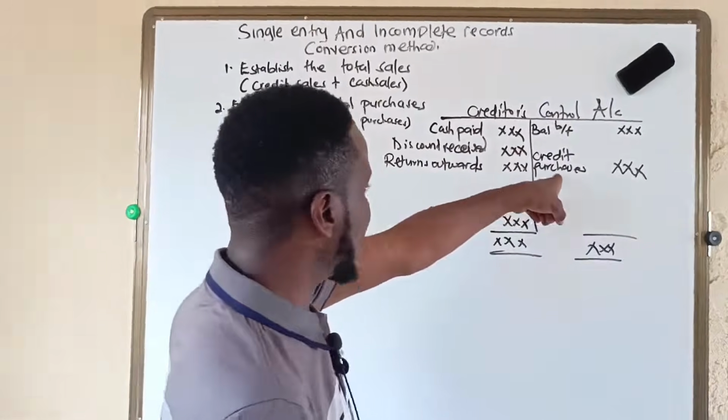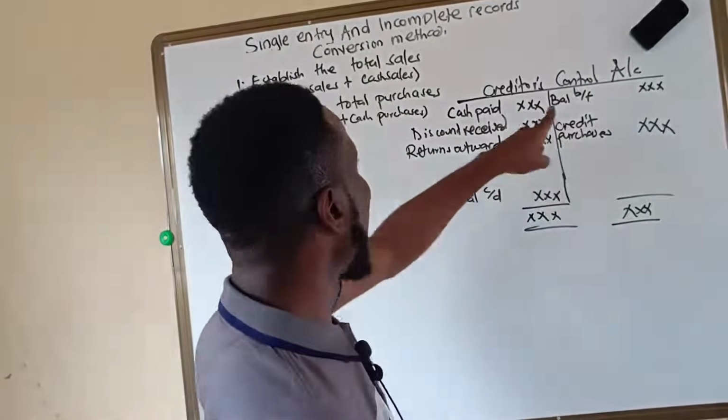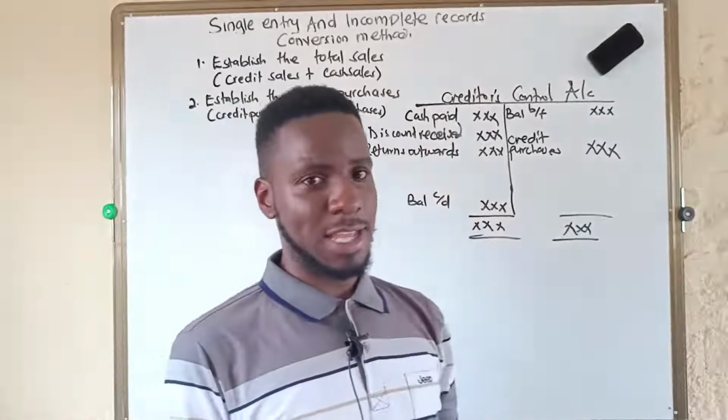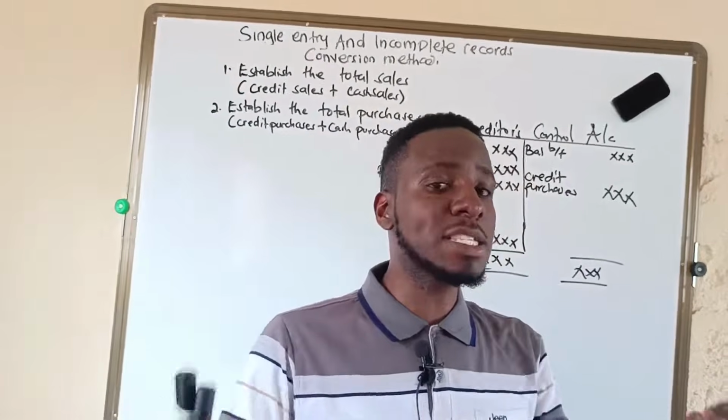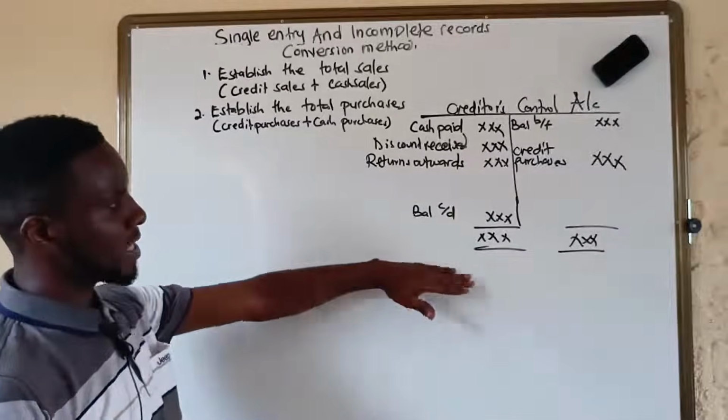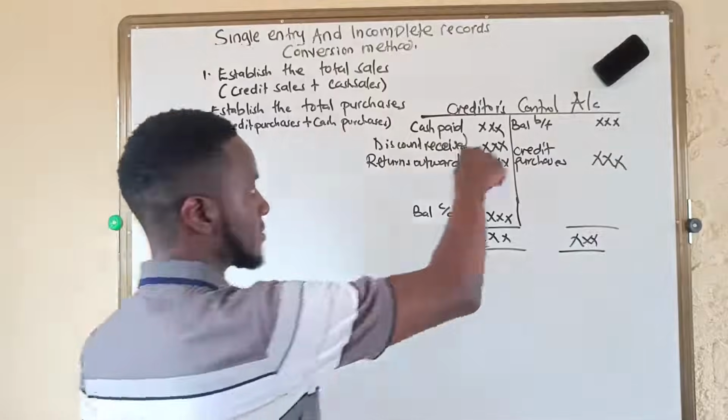Now, this one, the credit purchases, we are going to add them to the cash purchases, which are in the receipts and payment account, or which is the cash book, and we shall find the total purchases. So that's what we have here. Then,